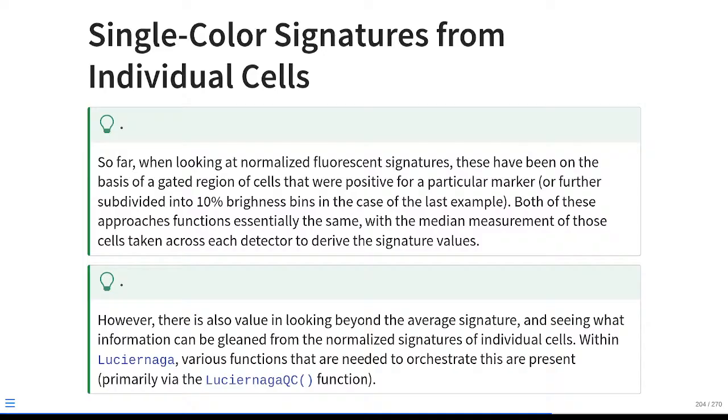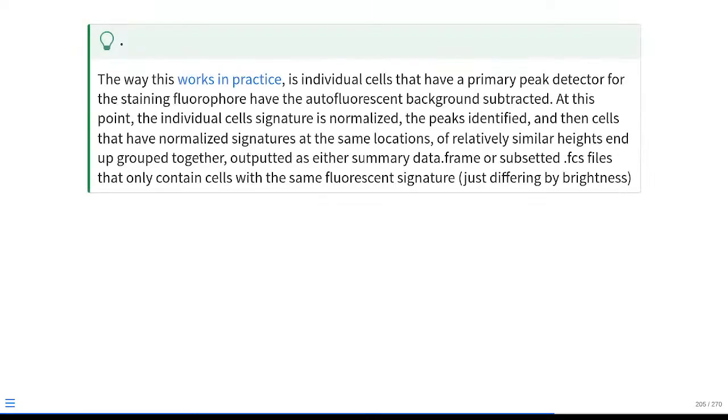So the main focus of the Luciernaga package is being able to implement this kind of style analysis. A lot of this is being done via the Luciernaga QC function, which has its own entire article within the package vignettes. How this will work in practice is, if instead of gating for your region of interest, retrieving an average signature, subtracting the background, and then deriving the signature, you were working at the level of individual cells, you could identify what the primary peak detector is, subtract out the autofluorescence background,